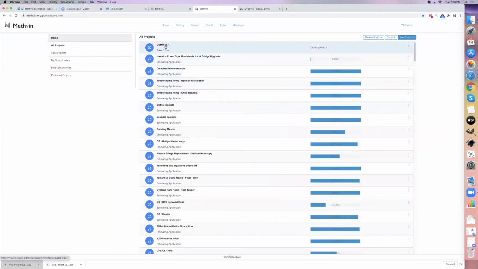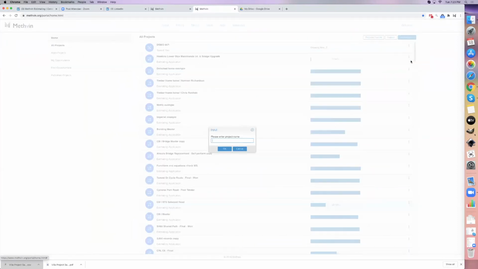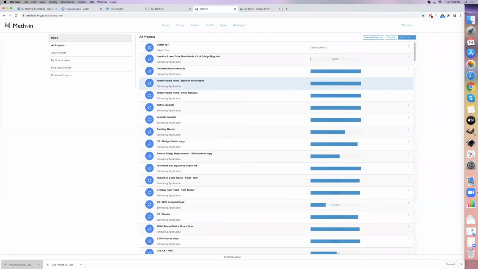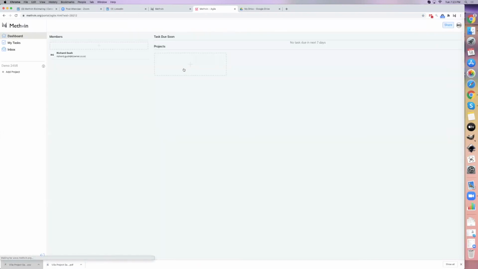Okie dokie. So I'll quickly show you the Agile application next. This is my document control and project management software. So if anybody's used things like Asana,